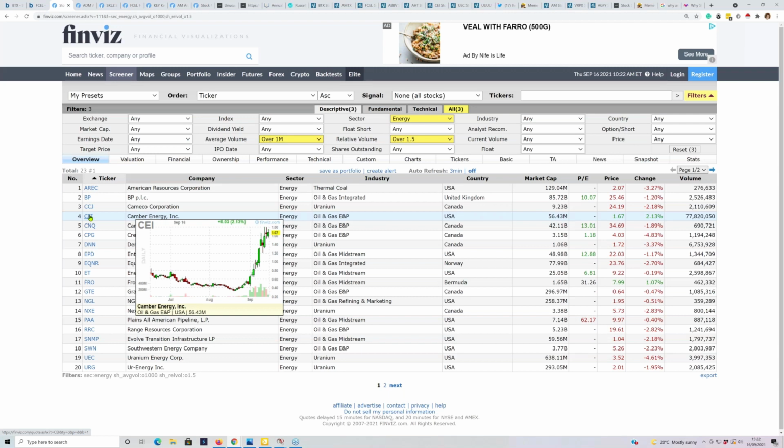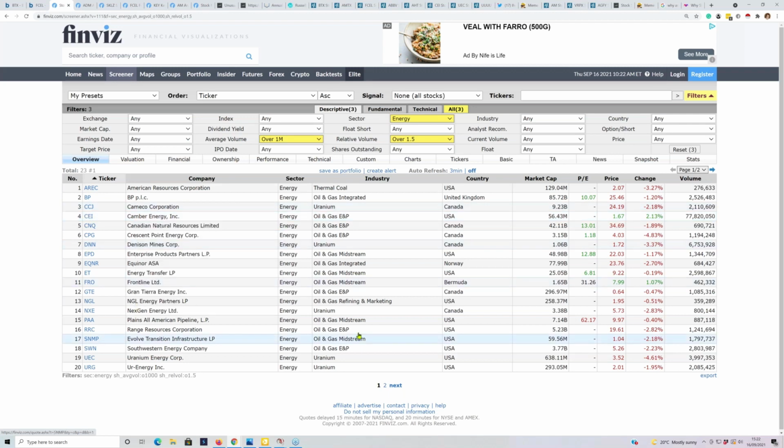I mean, it's 40 cents for goodness sake, and off it goes. But the most interesting thing about this filtering that I did is the number of uranium stocks that came in. Now, I know some of them are in Canada, which you may not be able to trade on your platform, but there were